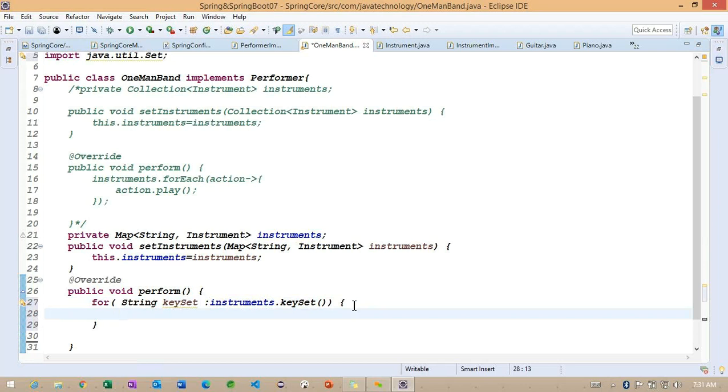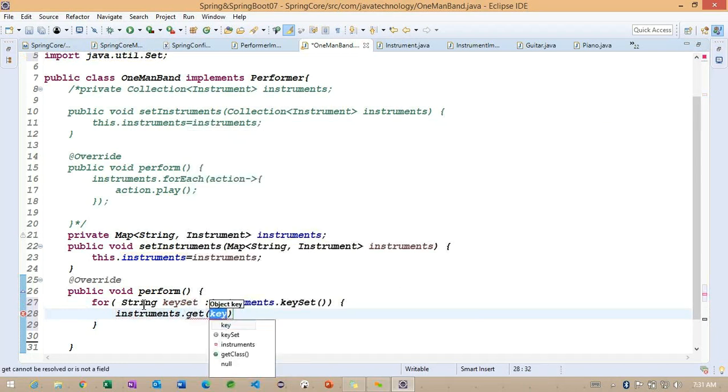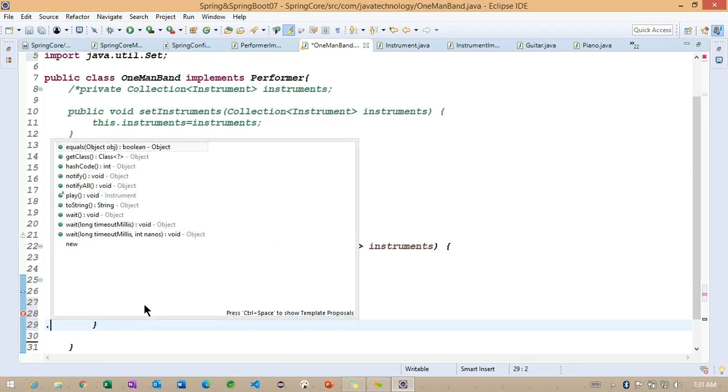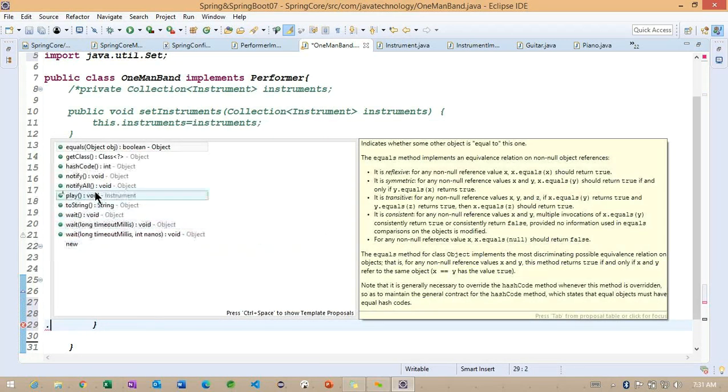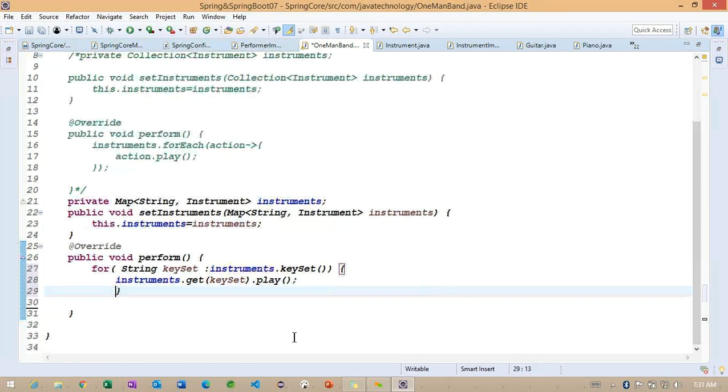So whenever we load this particular keySet here, what are we going to do? Using this instrument.get keySet we are going to pass here, and later we are going to call the play method. So later we are going to call this particular play method here.